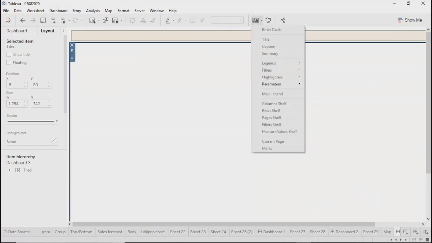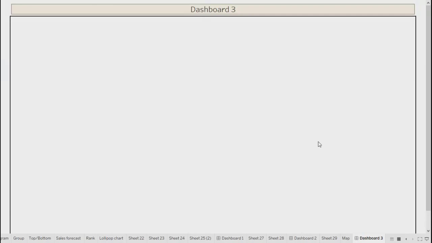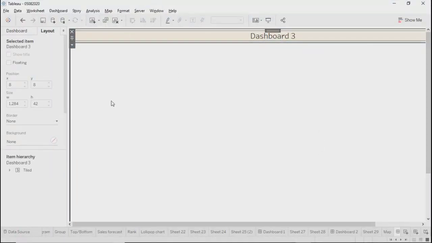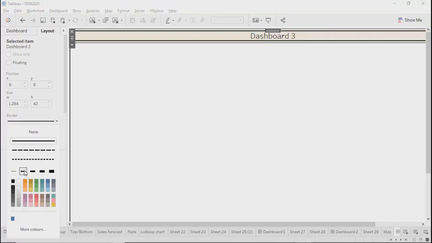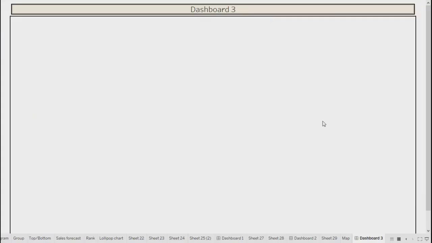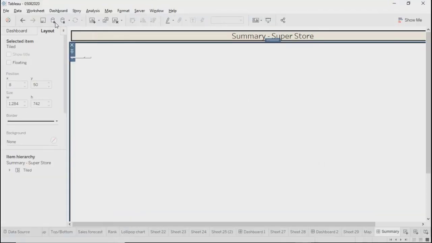If you try to do the full screen, what I simply did at that time, we just added the border to header and this container. And if you maximize it, this will be the layout for your dashboard. 1300. So that's why you have margin at both sides. And over here, dashboard you can change as summary, superstore, and then you can start dragging your objects here.